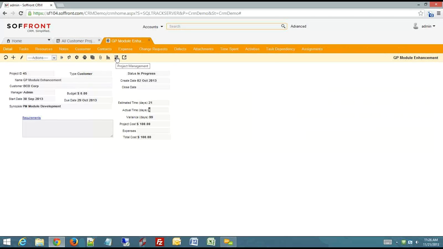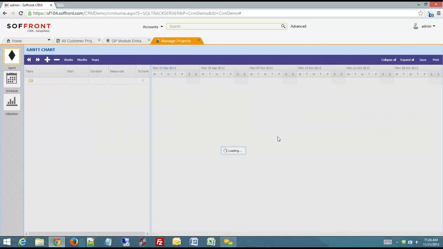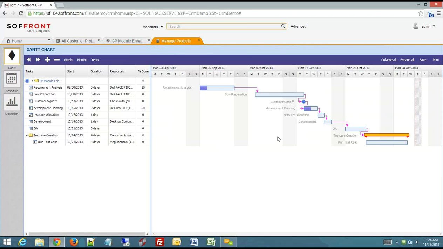So you would be able to go into the project manager's view right from this button. So let me click on this to give you an idea of how this view looks. So when I click on this project management view, it brings up the entire project in a Gantt chart mode, so that we are easily able to see the various tasks which are scheduled, right here. So I'm seeing all the various tasks, their dependencies,